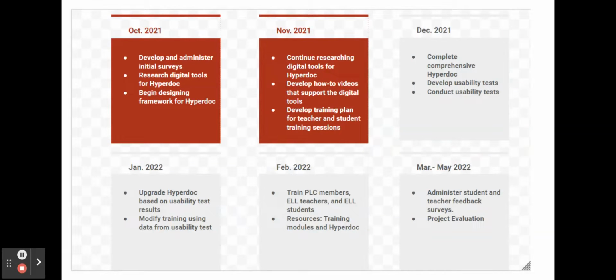Next, I continued researching digital tools, developed the how-to videos to support the digital tools, and developed a training plan for teacher and student training sessions. In December 2021, I completed the comprehensive HyperDoc and developed usability tests and conducted the usability tests. By January 2022, I upgraded the HyperDoc and the training modules based on the feedback and data received from the